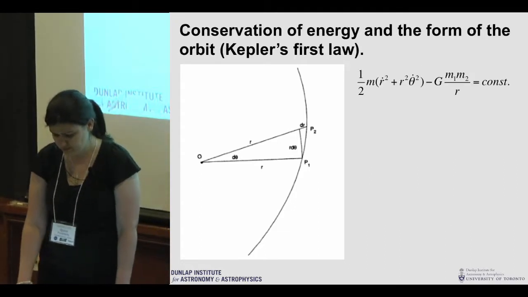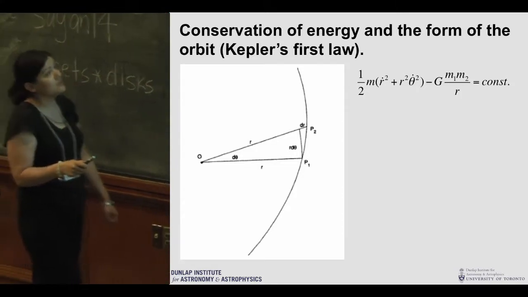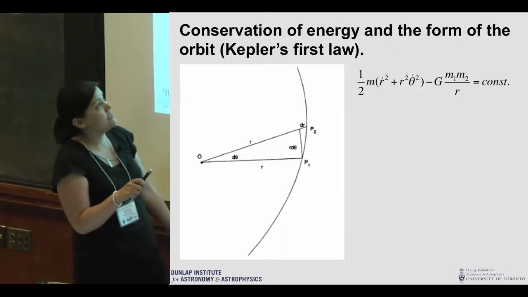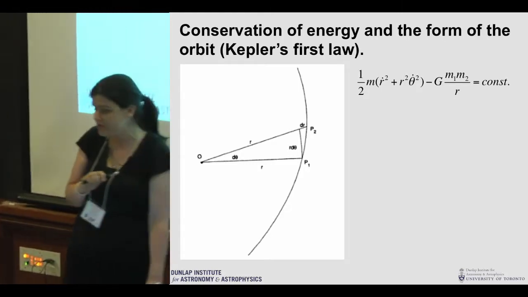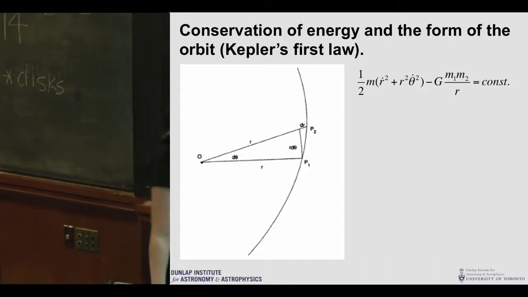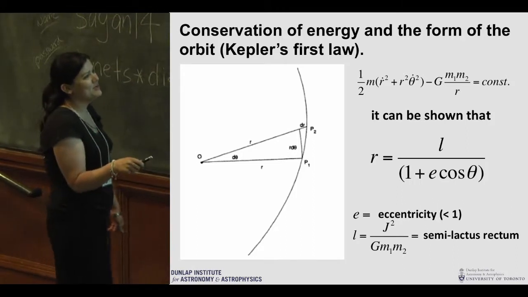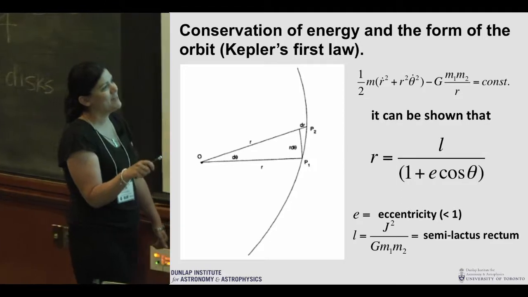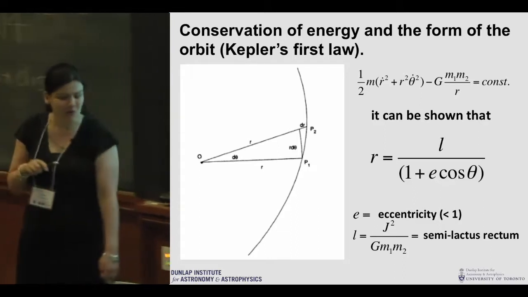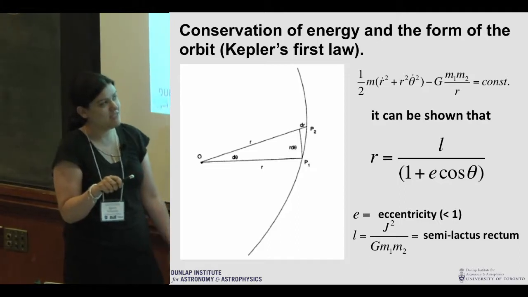Okay, now let's talk a little bit about conservation of energy. This is the equation for conservation of energy. Here's the kinetic energy, and here's the gravitational potential energy, which we know from Newton's laws. Those should be constant. Then you can do lots of algebra that I'm skipping now, and show that you can derive a form of the radius to figure out exactly the value for the radius at any given time in your orbit, and it's equal to this parameter L divided by 1 plus the eccentricity times the cosine